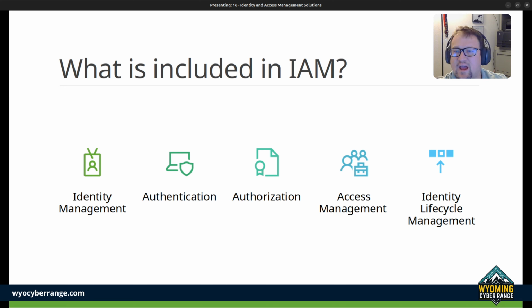So, what is included in IAM? Let's brainstorm this. IAM covers a few things. The first thing is identification, claiming an identity. I am J. Haskell. Authentication, proving the identity itself. Here is my password. Authorization. What are you allowed to do in this process? Can you read the file, but you can't delete it? What can you do? Accounting or auditing. Keeping a log of who did it, when, and all of this stuff is going to be covered in IAM,